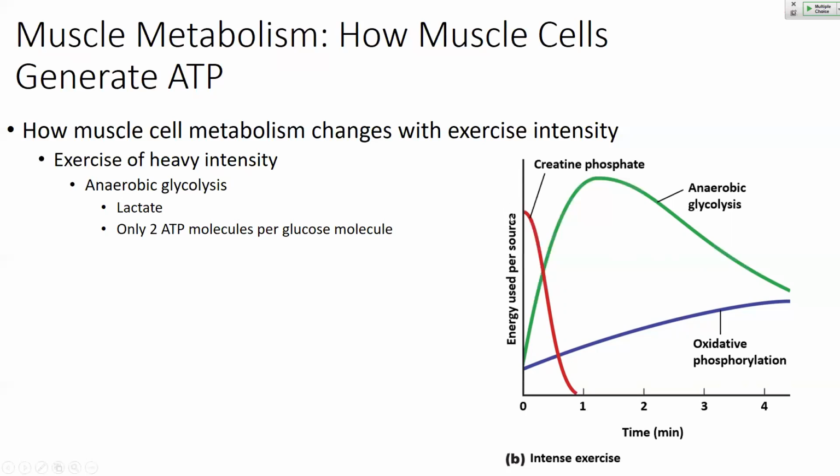So let's look at the details of this graph here again. So again, we see creatine phosphate as the main source during the initial period of muscle contraction. But then what we see is oxidative phosphorylation drop off as ventilation drops off. And then anaerobic glycolysis takes over completely as the main source of ATP to fuel heavy